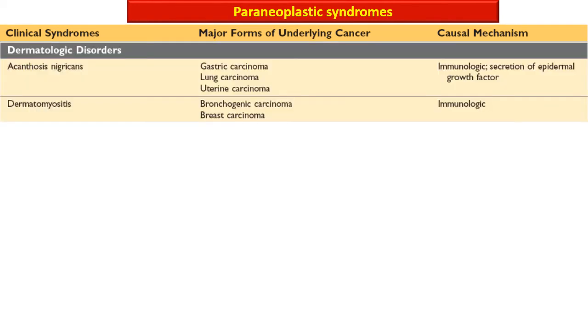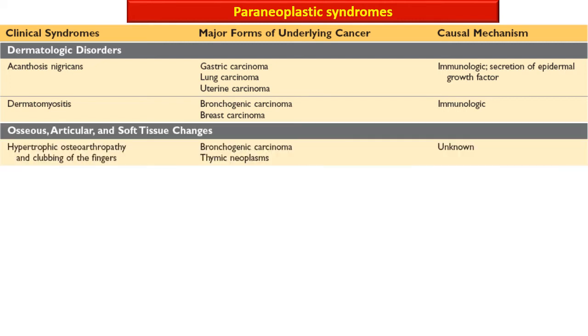The dermatological disorders are acanthosis nigricans and dermatomyositis. The acanthosis nigricans is also due to immunologic etiology or secretion of epidermal growth factor, and it is seen in gastric carcinoma, lung carcinoma, and uterine carcinomas, while dermatomyositis is also considered immunologic in etiology and seen in bronchogenic carcinoma